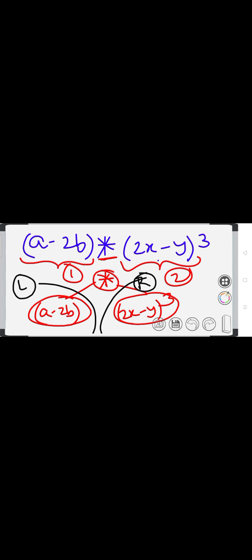The singular elements should be A, 2, B, 2, X, Y. These are the singular elements. When you reach the singular elements, we have generated the expression tree. So this is step number 1. You can note down step number 1 first. In step number 2, we try to dig out. Initially we have a multiplication operator. On the left hand side of the multiplication operator we have a minus 2b.